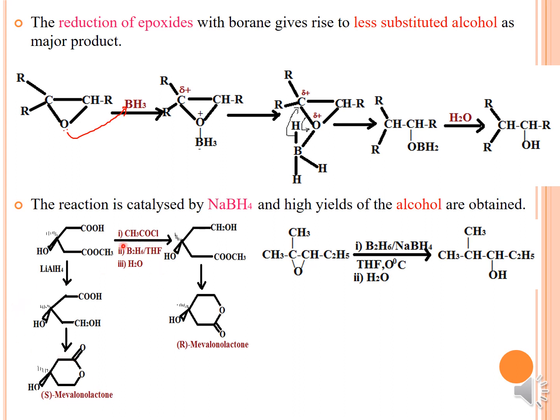And again, upon cyclization, you are getting the mevalonolactone. And again, if you are taking this reagent, upon treatment with this reagent, the carboxylic acid group is affected. That carboxylic acid will reduce to alcohol. Esters are not being touched. Okay, and again upon cyclization, you will get your mevalonolactone. And then moving on, this is your next reaction.